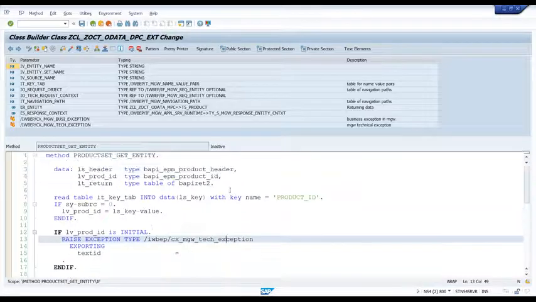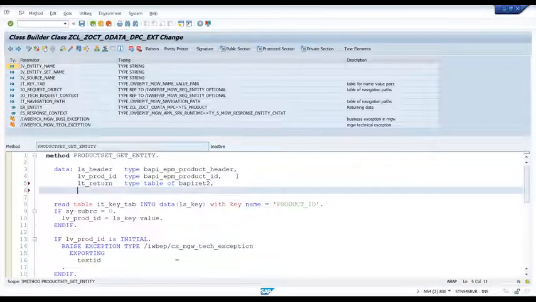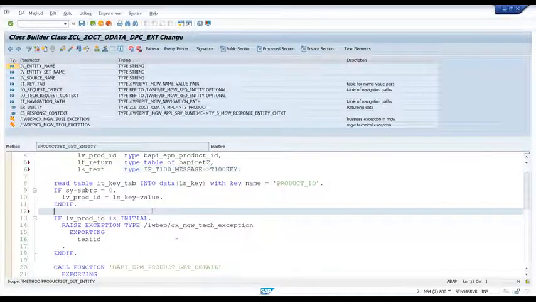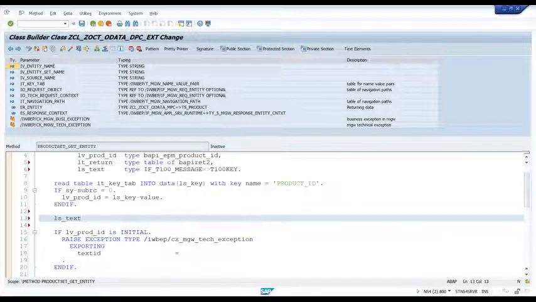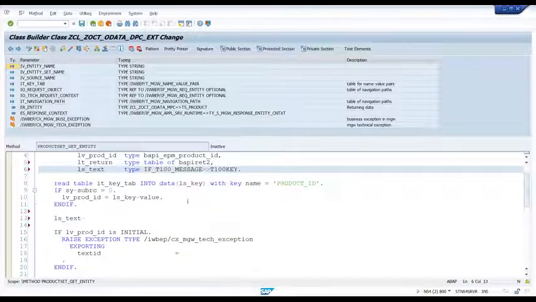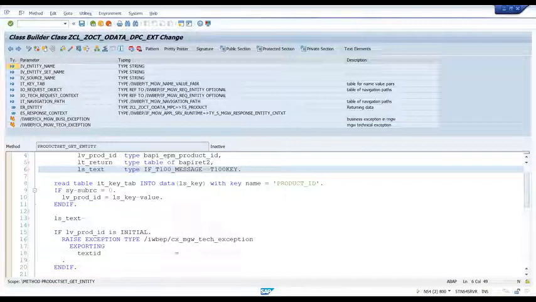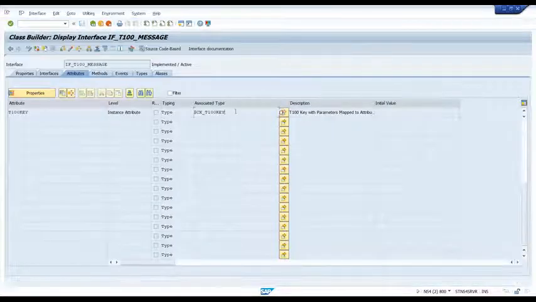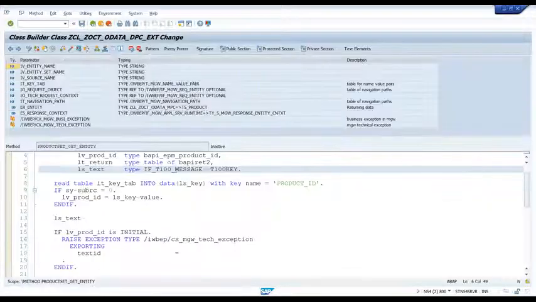So now I can just put it here, and in ls_text I am going to pass the properties. Oops, why is it not accepting it? Not sure of the reason. Ideally it should accept, no problem. We can just go and check the exact type this interface is referring to. This is the type it is referring to. I can take that up,